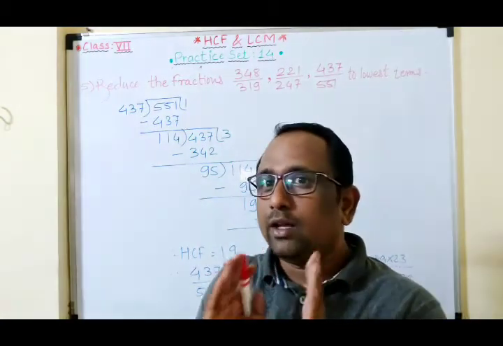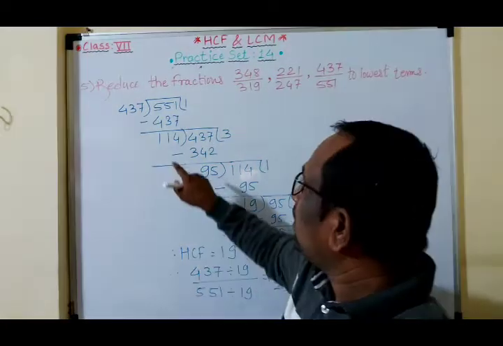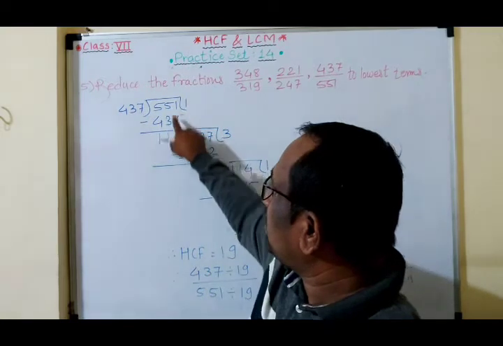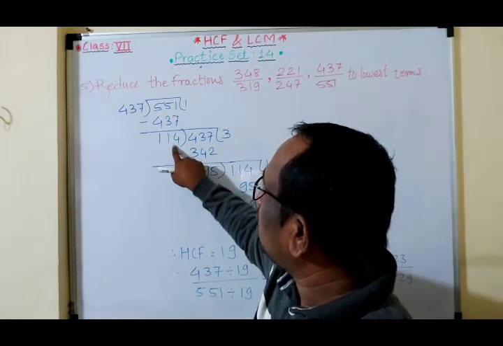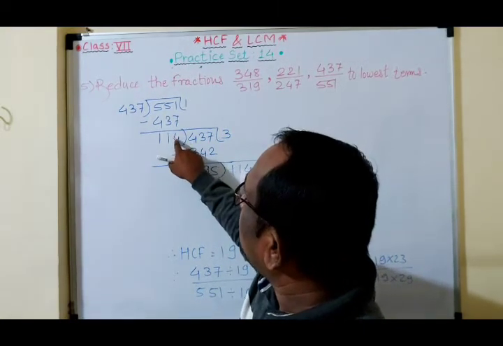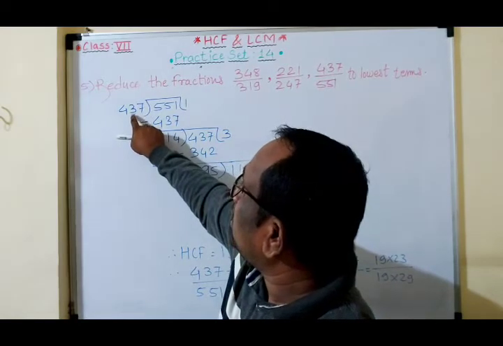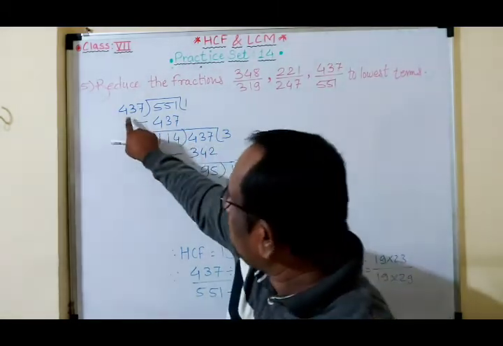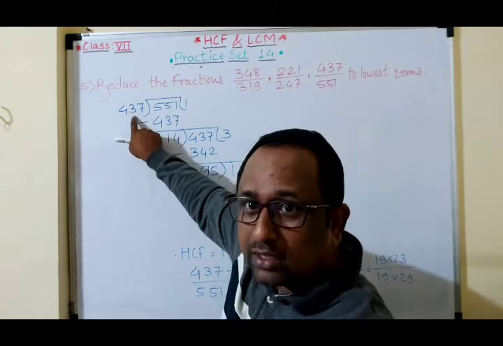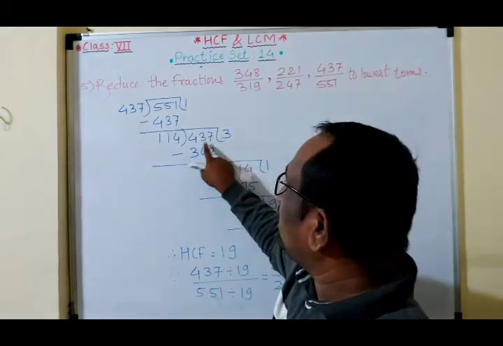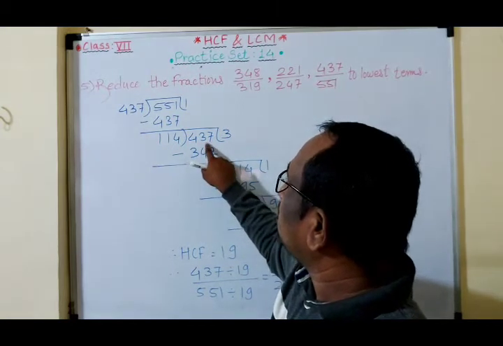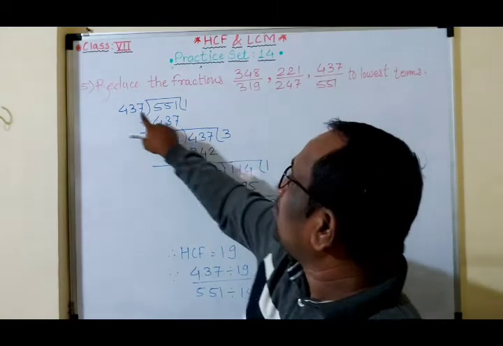Now look here again, what you have to do here, the remainder. We got the remainder, it means we subtract here, we got the remainder. Then the previous divisor becomes the dividend here. So you have to write the previous divisor here, that becomes the dividend. Then now we have to divide 114, this remainder, by the previous divisor.